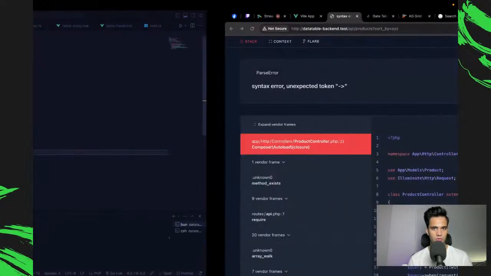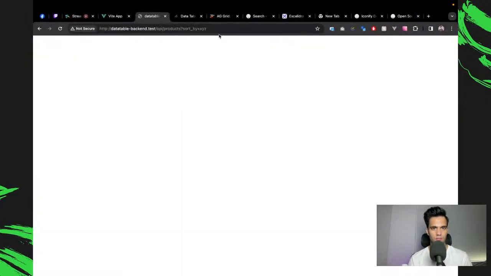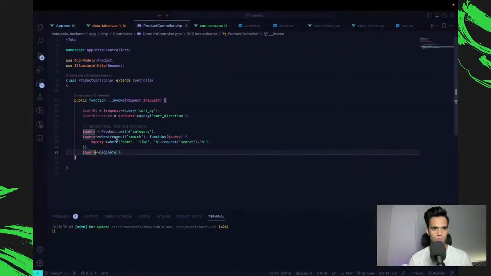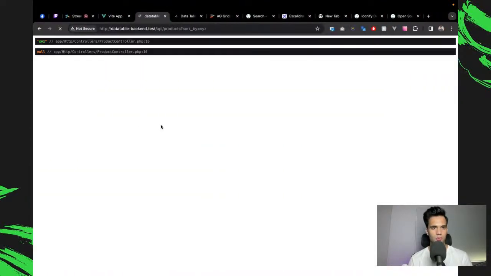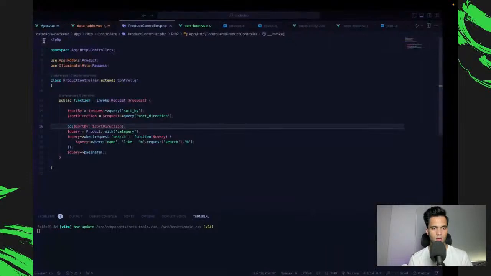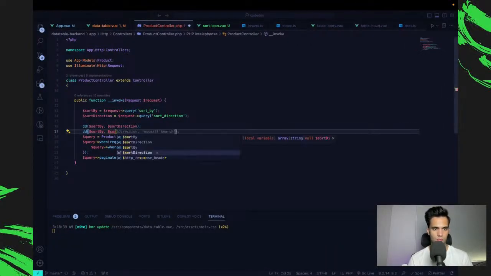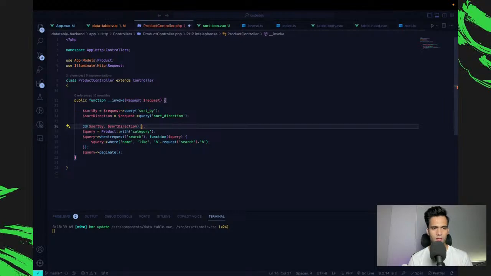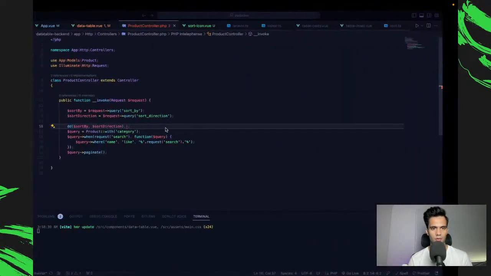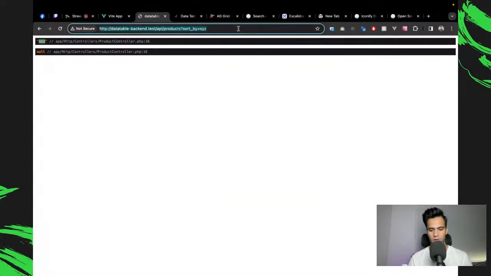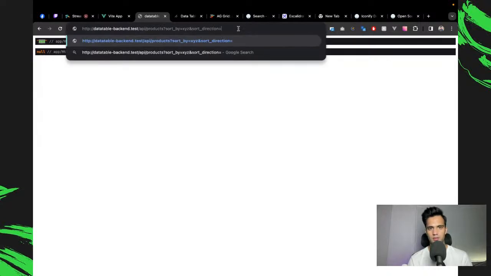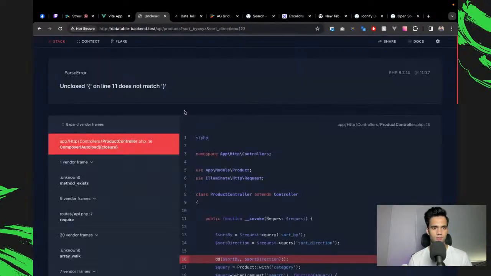Fixing the basic issues. And now dd, yeah, XYZ, and sort. One of them is sort direction. Let's just also provide it sort direction. And sort direction is equal to 1, 2, 3.